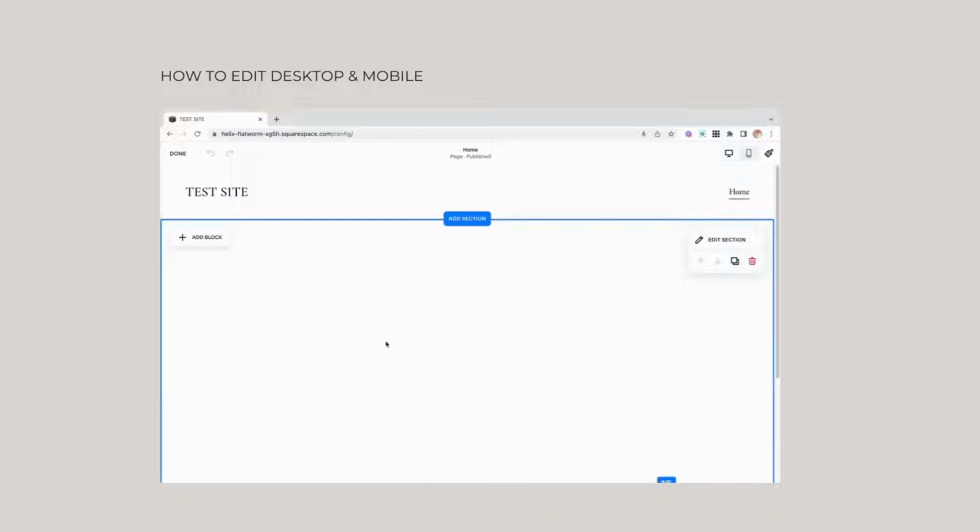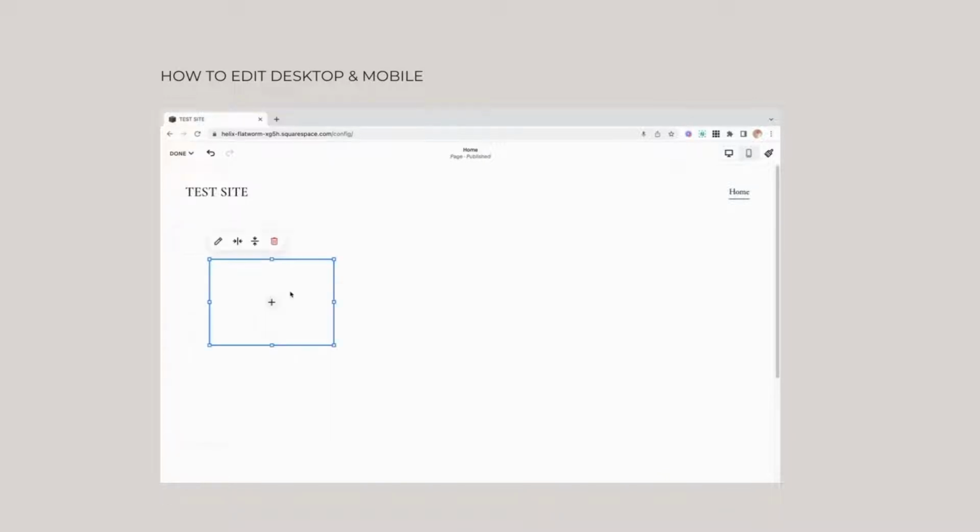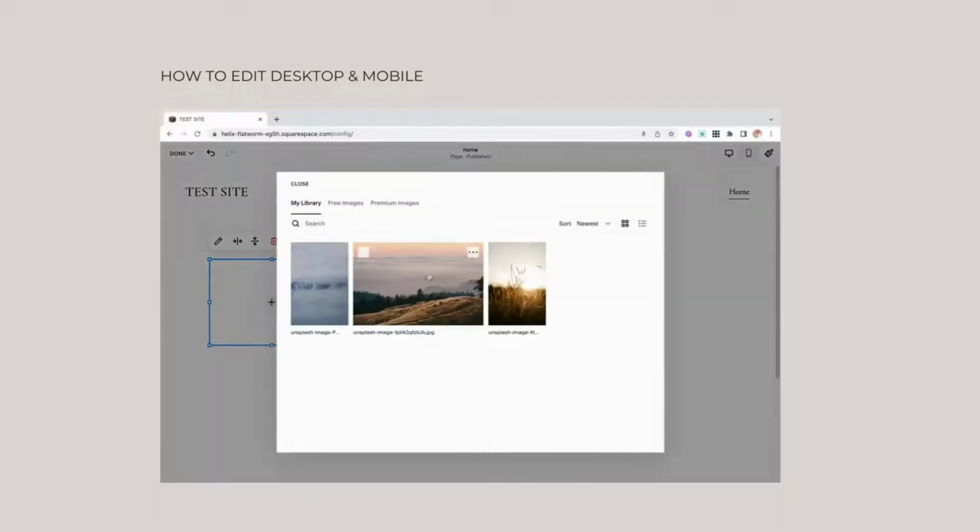First thing you'll see is that there are no insert points, which we used to have in the old version of Squarespace. Now you click on the top left corner where it says add a block, and you've got a list of all the things that you might want to add onto your page. So let's go ahead and add an image to begin with. Click onto the plus icon, select from a library, and we'll add in a picture here first of all,